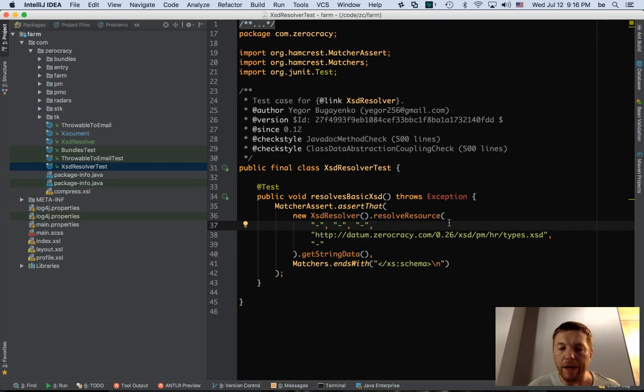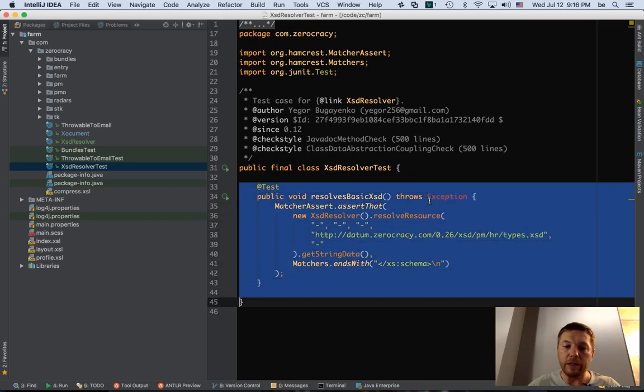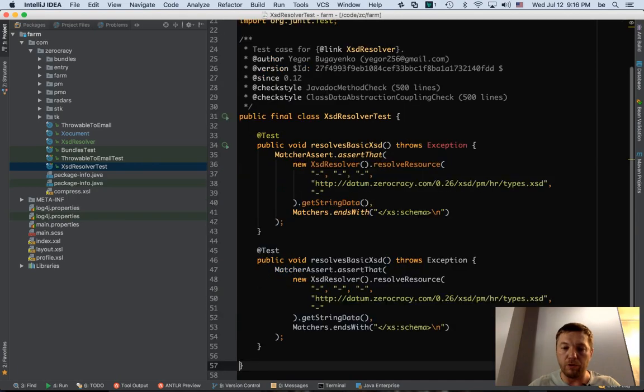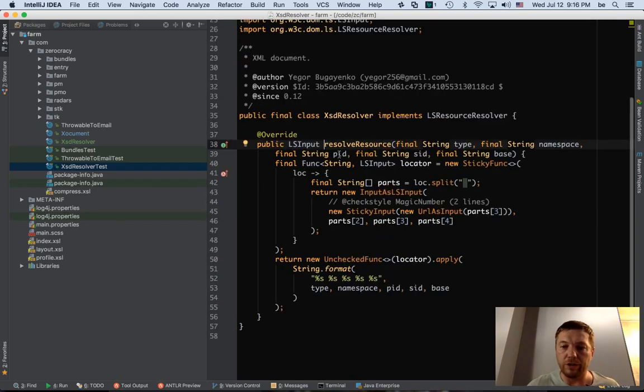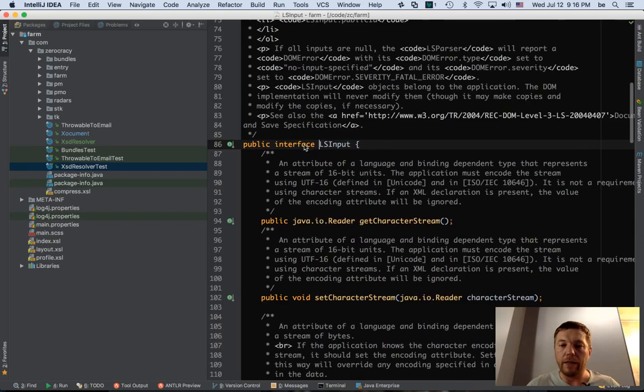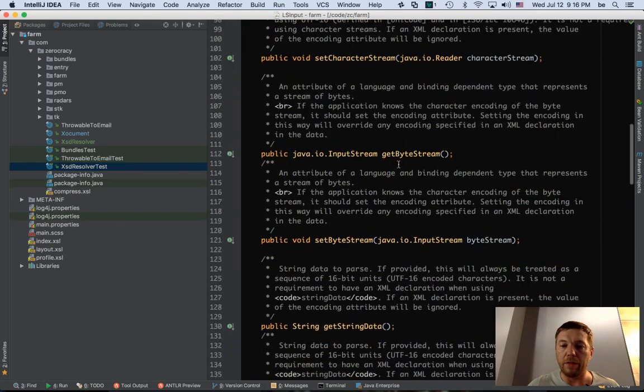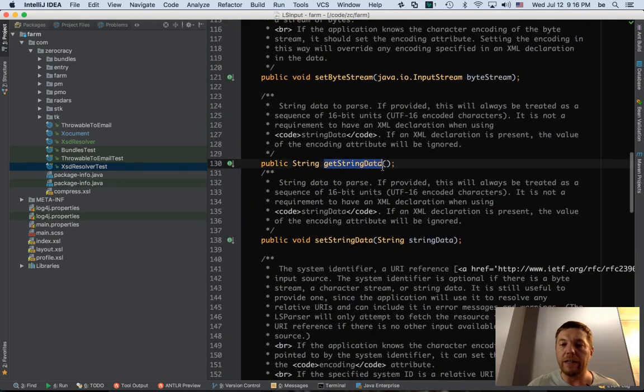So it looks okay now, which is not, I mean, we failed. We don't know what's going on because it actually returns the correct XSD document. Maybe we didn't test it enough, so I keep trying. I don't know what's going on, so I keep trying. There are 2 methods. What I'm going to do now, let me show you. In this interface, which this resolve resource is returning, it's returning LSInput. So LSInput contains a number of methods, and we were just using getStringData.